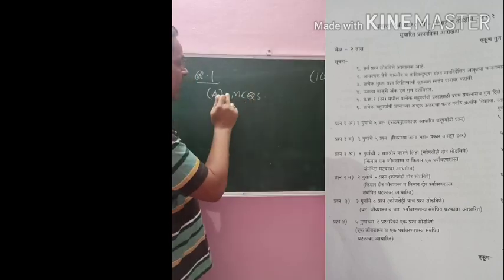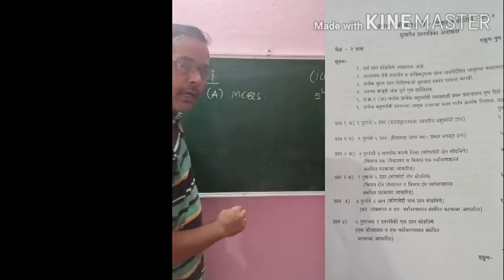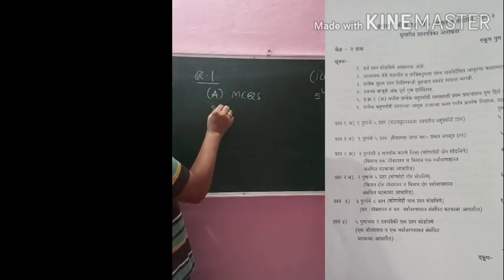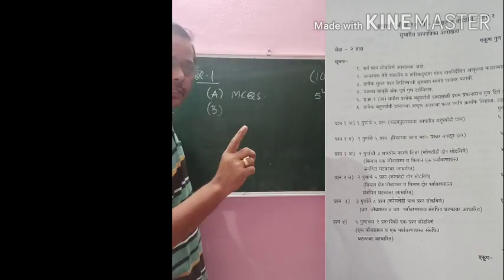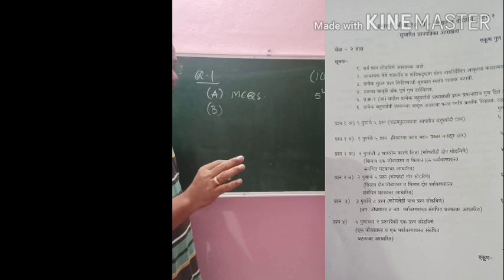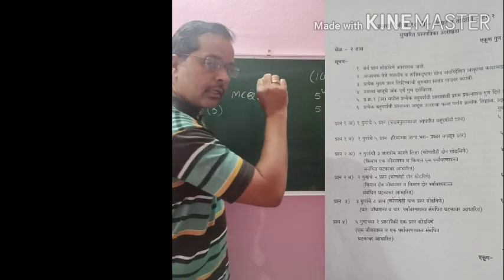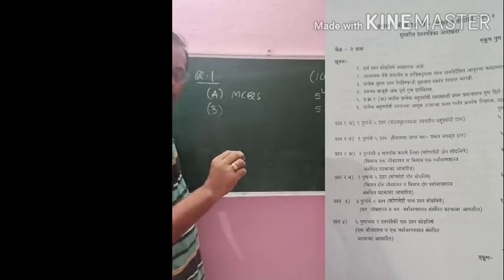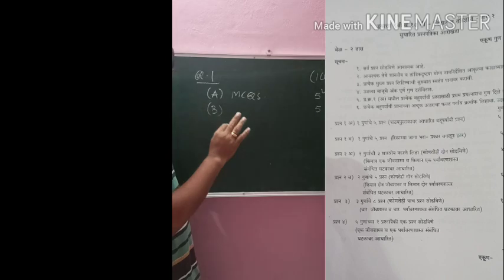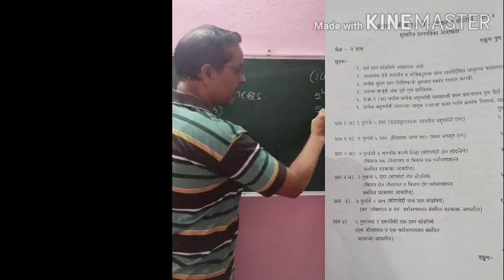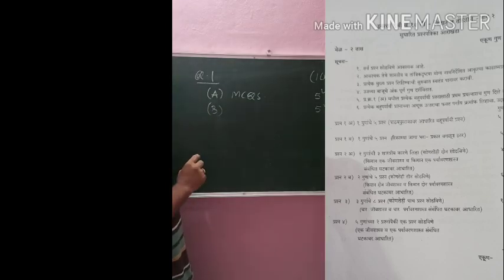So question number 1A is MCQ for 5 marks. Question number 1B has all types of objective questions for 1 mark each. There is no option in question number 1, so it is also for 5 marks. In question number 1B, fill in the blanks is not an option there, but all other objective types are present. So in this way question number 1 is of 10 marks.